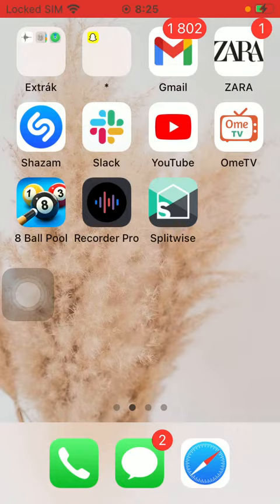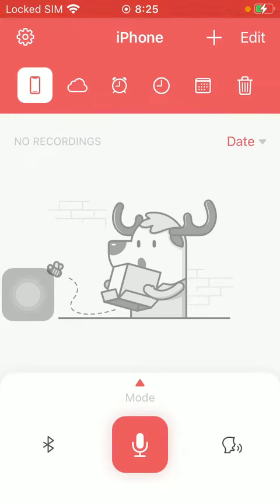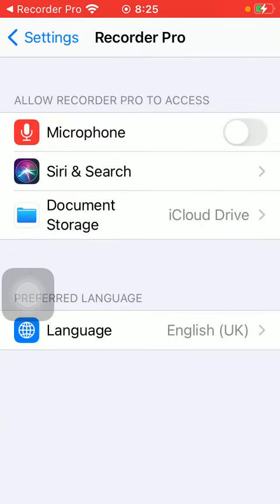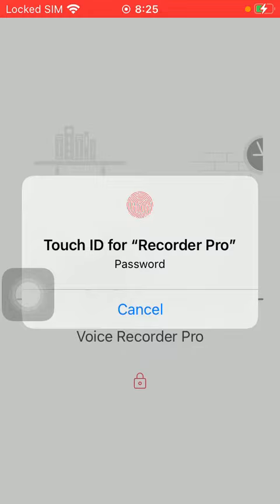So let's jump into it. First of all, open the application on your phone. After that you should go to the home page and then tap on this recorder or this microphone icon down below. But first you need to allow the app to have access to your microphone, so tap on the microphone button, then go back to the app and